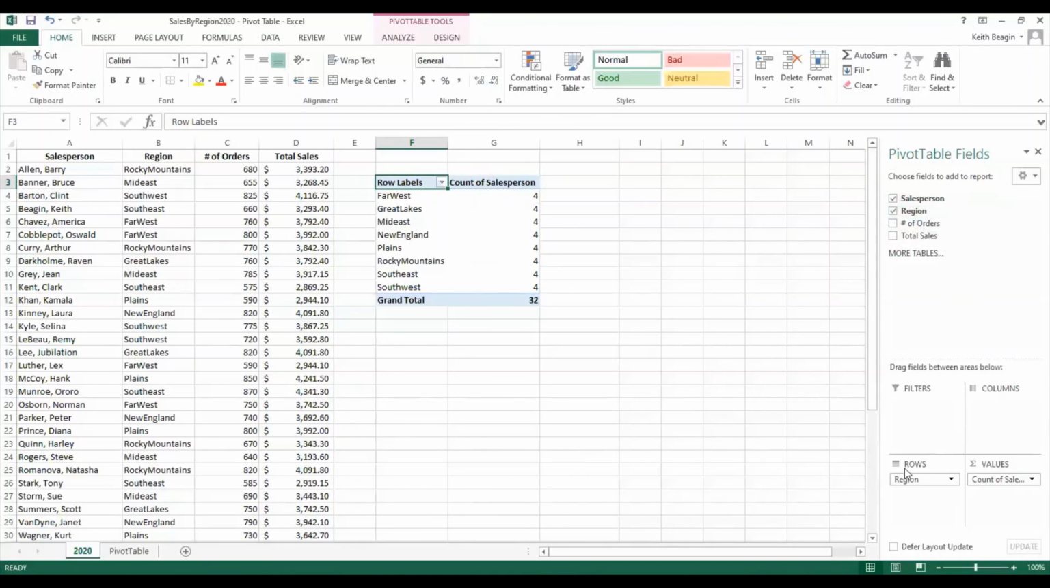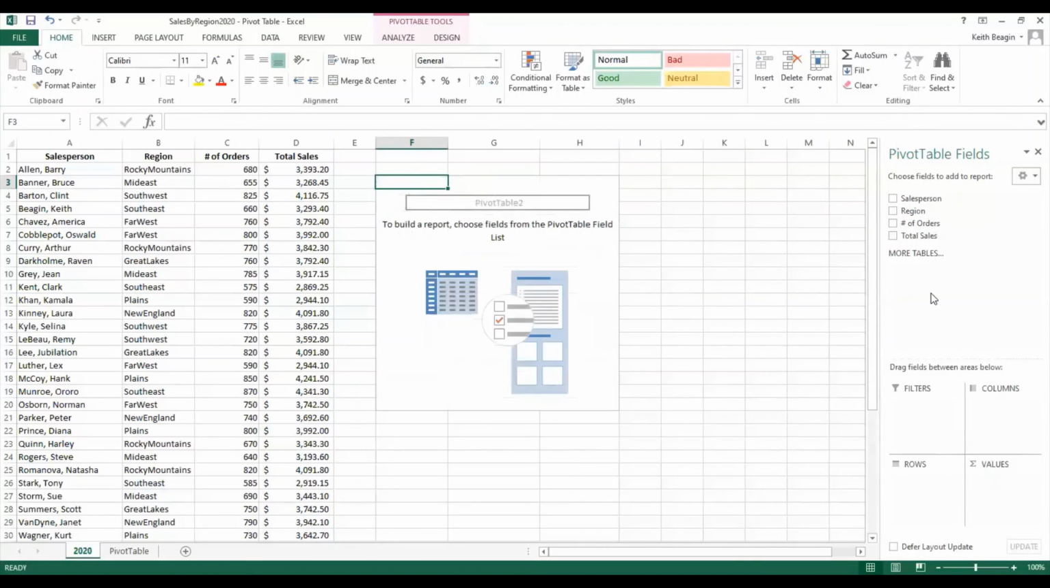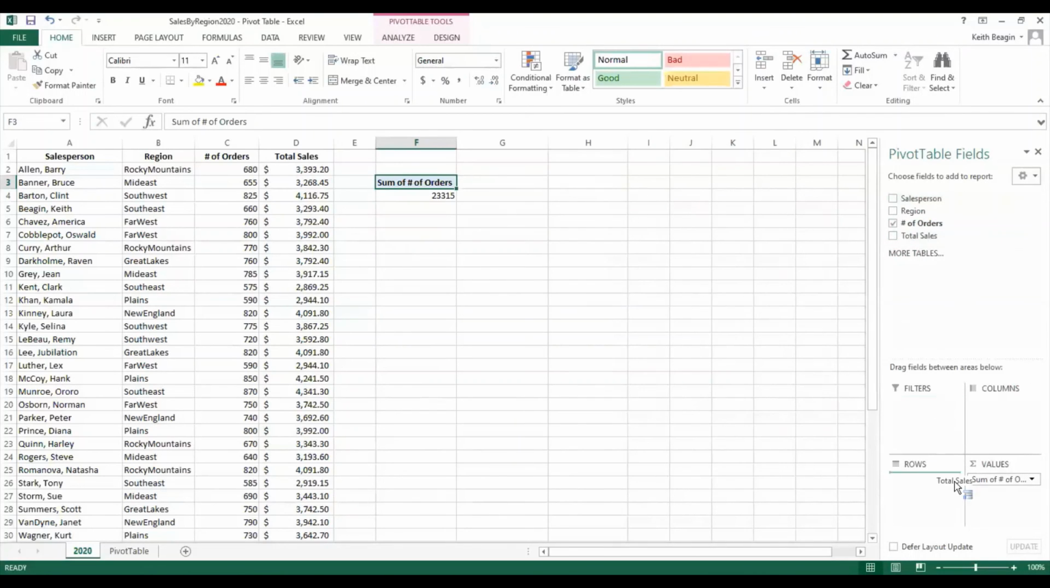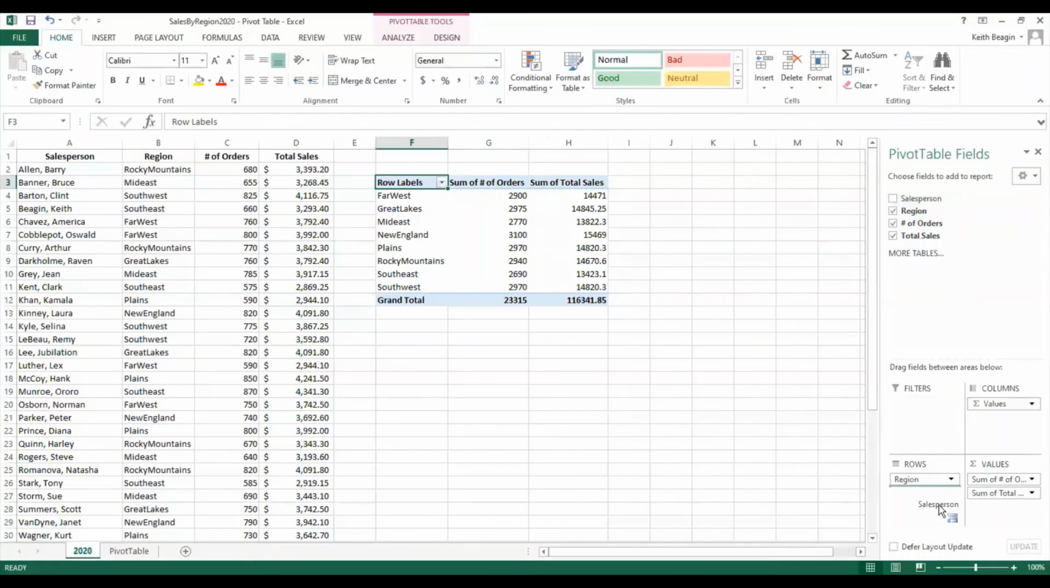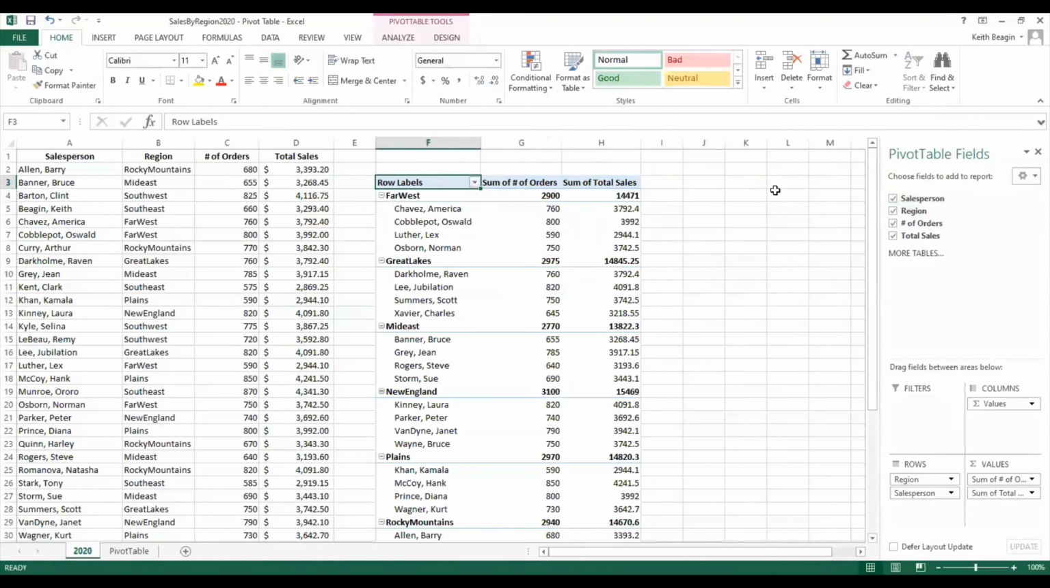Okay, so let me just deconstruct here. Let's just get back to where we were in the beginning. I'm just going to put number of orders under values, total sales under that. I'm going to put region under rows, and then salesperson under region. Okay, so we went through all our questions, and just one more thing to note is that, again, the big benefit to using a pivot table is that